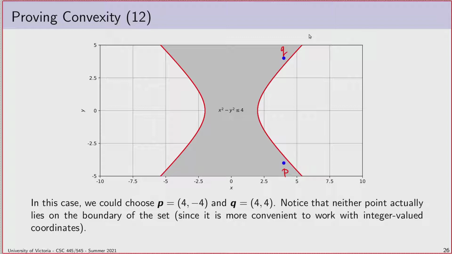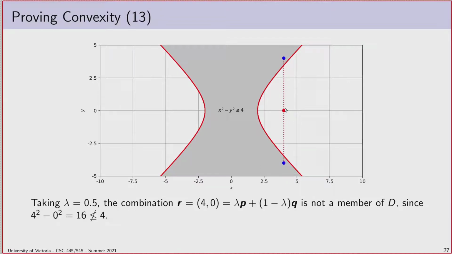And even better, you might notice that because they're mirrors of each other over the x-axis, the line between them, this point here exactly in the middle, should lie on the line, and it should have the coordinates 4, 0. And I can observe, and I should add, the usual problem with proofs on slides applies, which is,